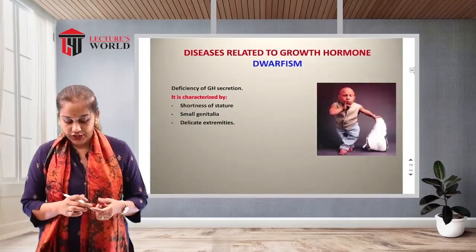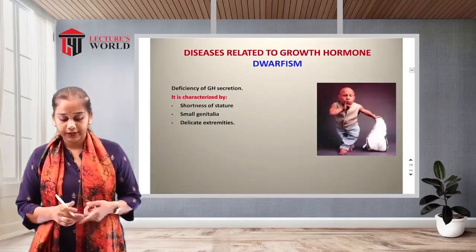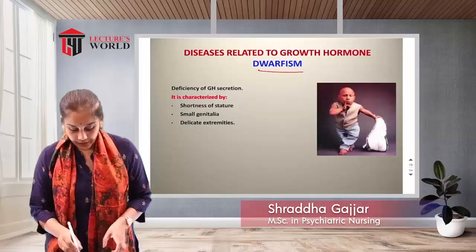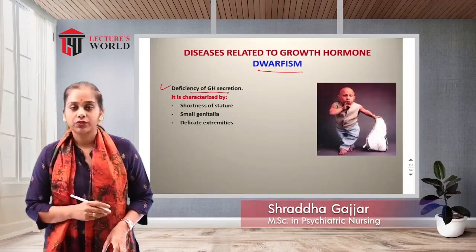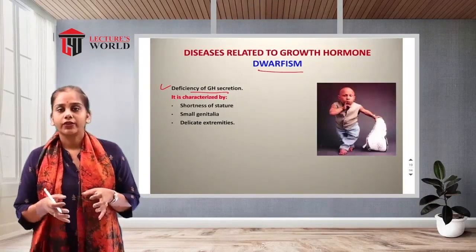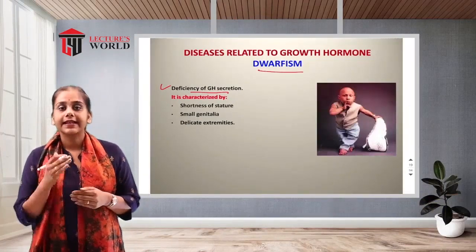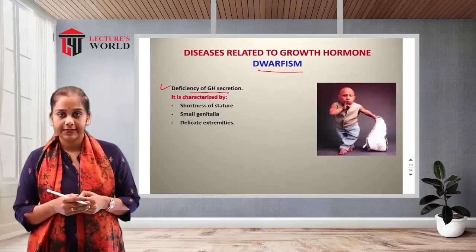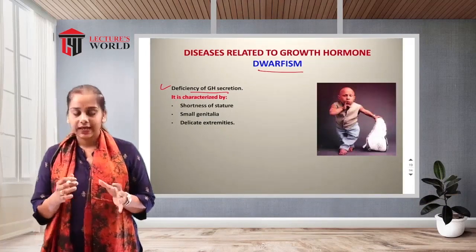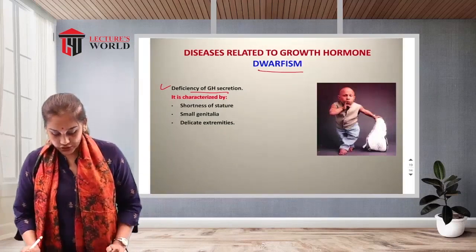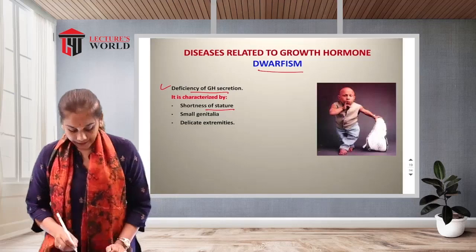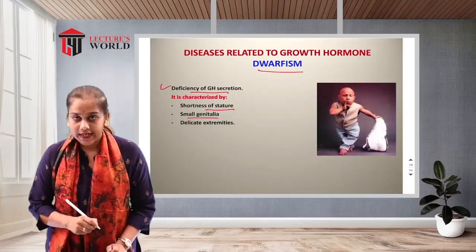Then the next condition related to growth hormone is known as dwarfism. What is dwarfism? It is deficiency of the growth hormone secretion during adolescence, or during childhood. There is a lack of growth hormone secretion, that is known as dwarfism. Which are the clinical features of dwarfism? Shortness of stature, then small genitalia,